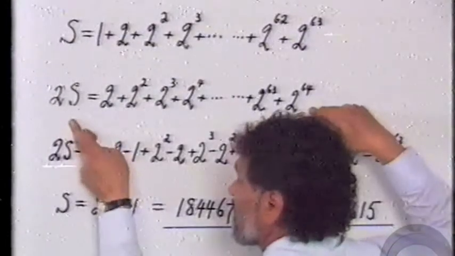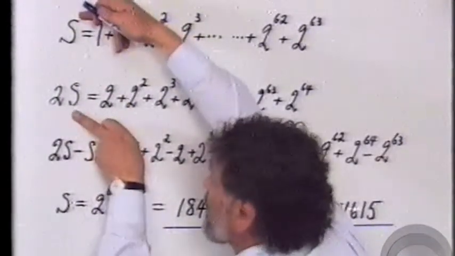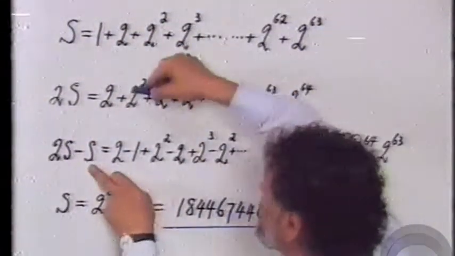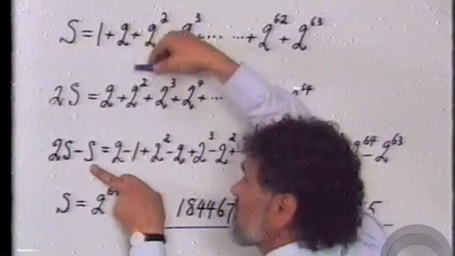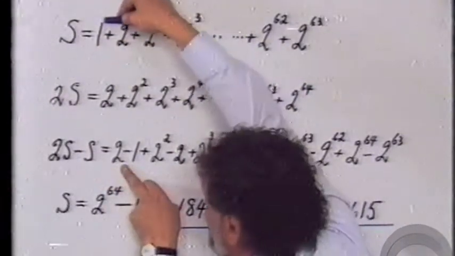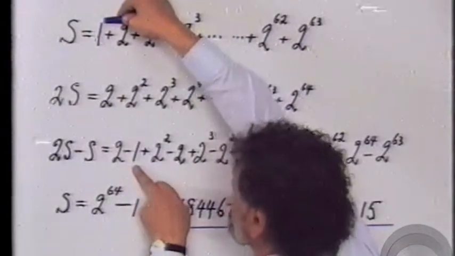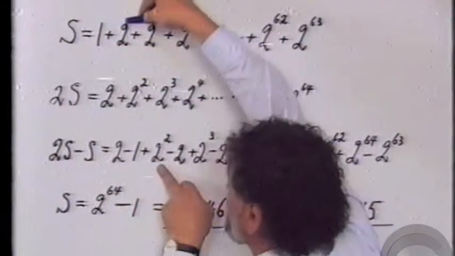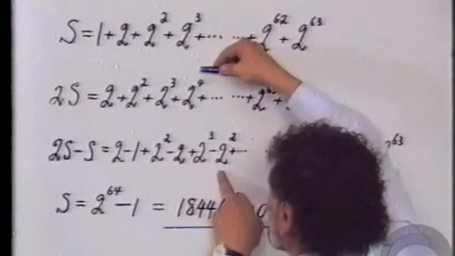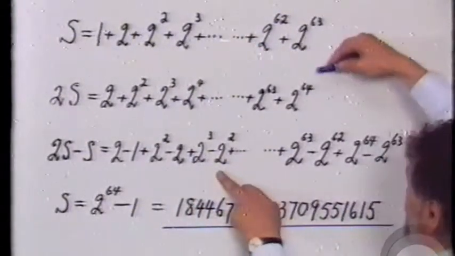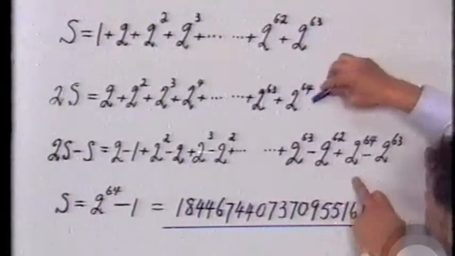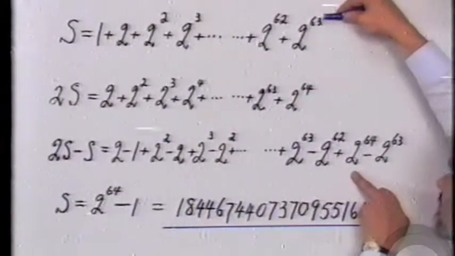If we now subtract the two equations, the top equation from the bottom equation, we will get 2s minus s, which equals to, well, the best way to subtract the two equations is to subtract all the corresponding terms. So we take 2 and subtract the corresponding term there, which will get 2 minus 1, plus 2 squared, and subtract the corresponding term there, which is 2, plus the next one, which is 2 cubed, and subtract the corresponding term. And if we do this all the way, you will find that you will come to plus 2 to the 63, minus 2 to the 62, plus 2 to the 64, and the very last subtraction will be minus 2